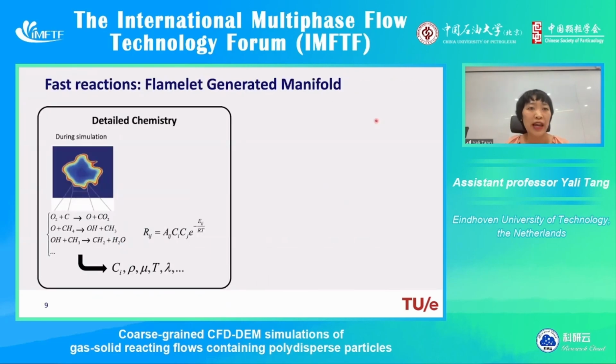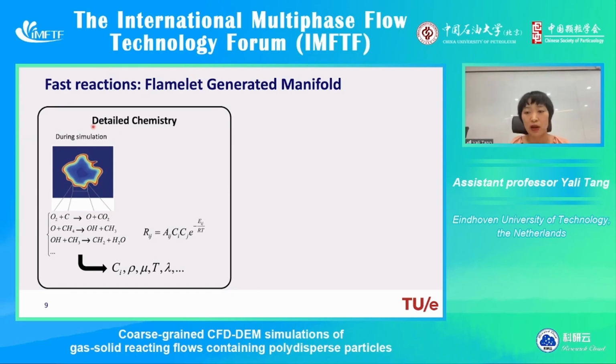As for reacting flows, there's also the possibility of model reduction. This can be done via the so-called flamelet generated manifold method. This method has been commonly used for gas combustion, where many reactions and chemical species are involved. Usually in such combustion, you have dozens of species and hundreds of reactions. So you can imagine if you want to resolve all the species and reactions in detailed chemistry simulations, this will